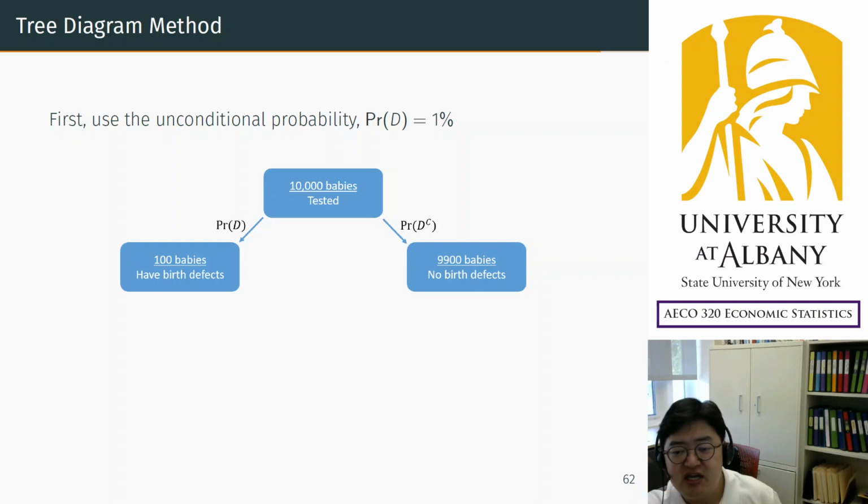Excuse me. But the other 9,900 babies don't have birth defects, right? So only 1% of 10,000, that's 100, have defects, and the others don't. Okay, first step, good. And then